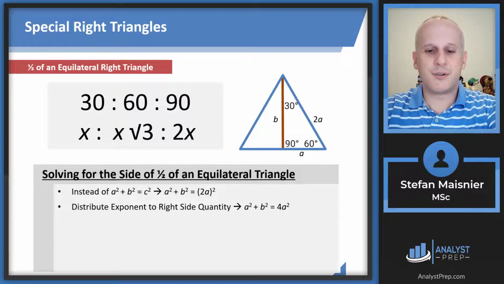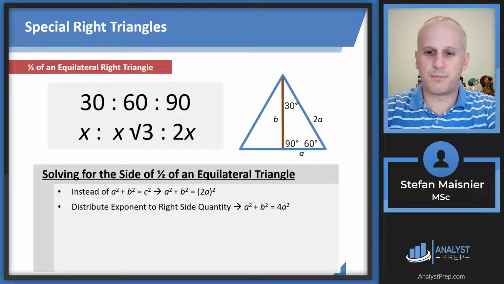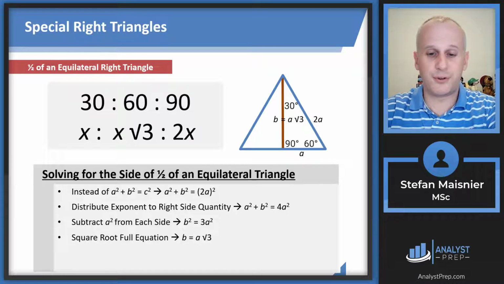So then we want to distribute the exponent to the right side quantity first. And so we can see that that becomes a squared plus b squared equals 4a squared. Then we want to subtract a squared from each side. We have b squared is equal to 3a squared. Then we square root the full equation again and discover that b is equal to a radical 3,